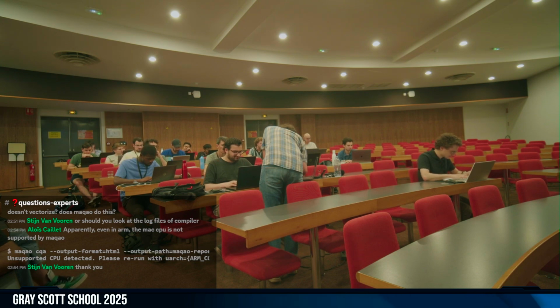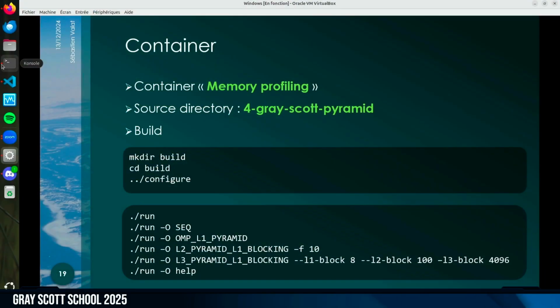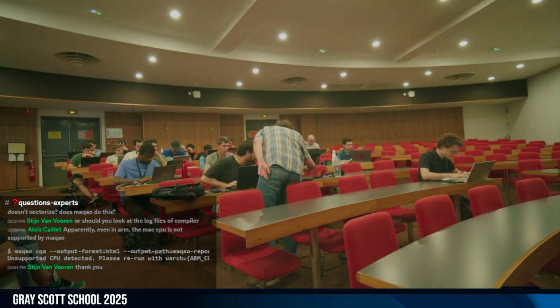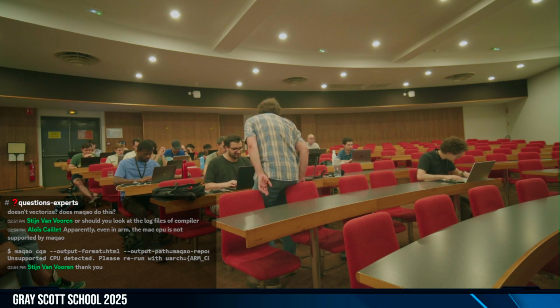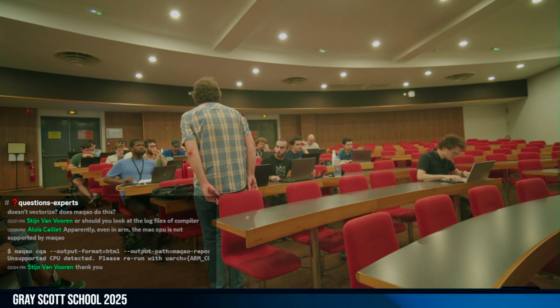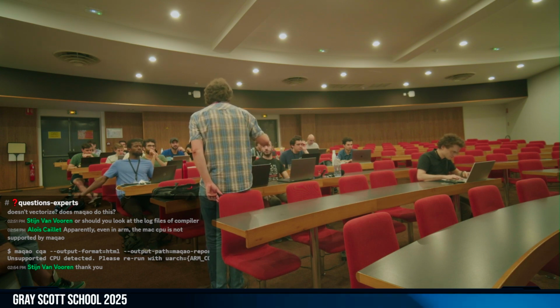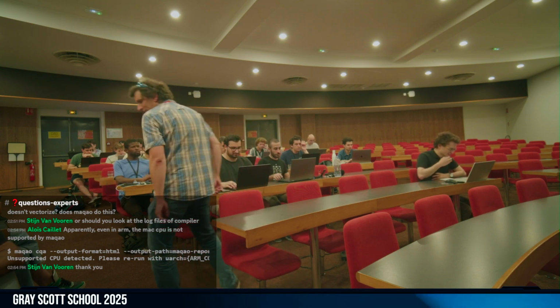Avoid render. Probably the render. If you don't have ImageMagick, probably you get a break on the console. I probably don't have ImageMagick, so there is a break if I don't have it. Okay.